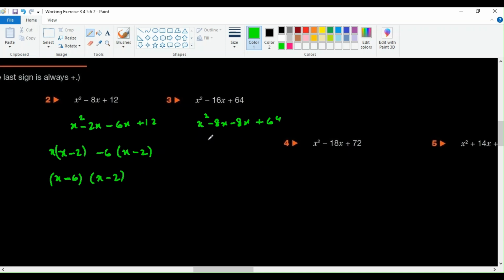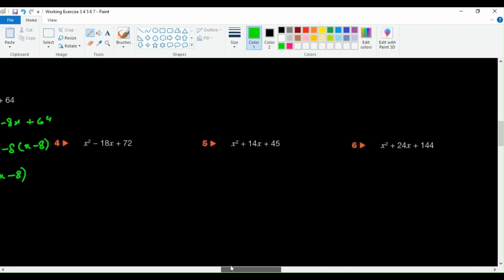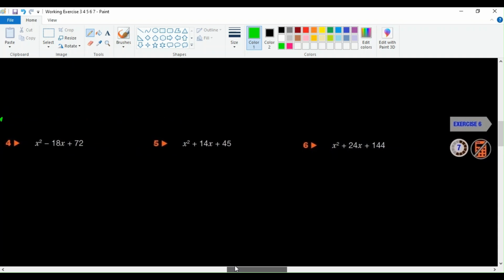In question number 3, x is common and x minus 8 comes like this. I will repeat x minus 8 once again. Minus 8 comes here. So x minus 8 and x minus 8 is going to be the final answer for this question. Now, talking about question number 4, I will bring this a little up